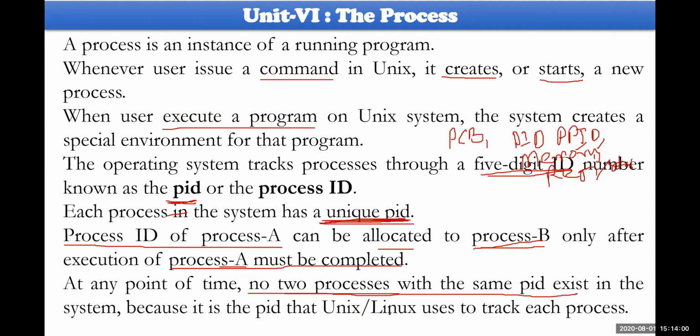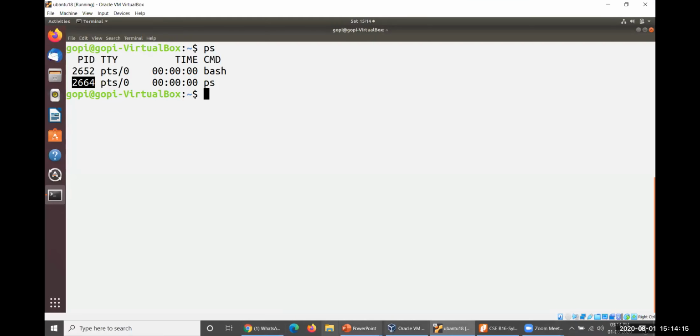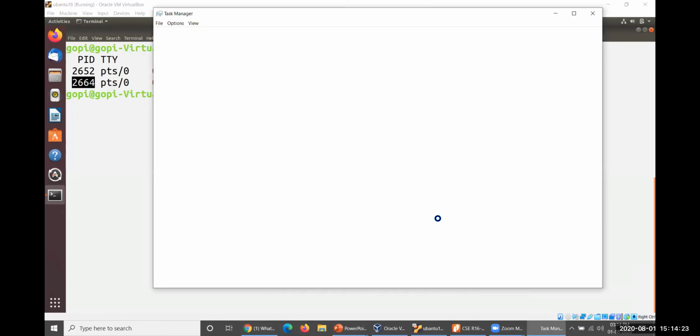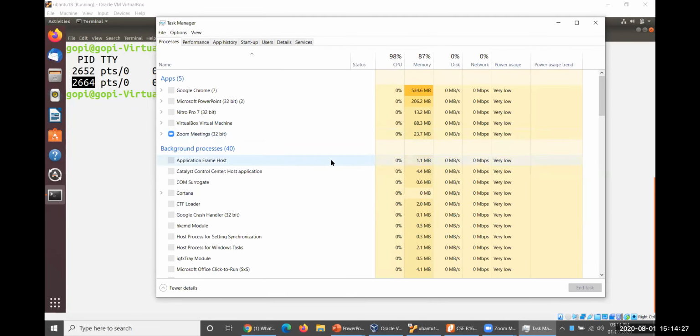Because your Linux or Unix operating system, not only these two but any kind of operating system, tracks processes based on process ID only. Let me show you the process ID as far as the Windows operating system is concerned. In Windows, please open Task Manager, and here Task Manager gets opened. Here you can see